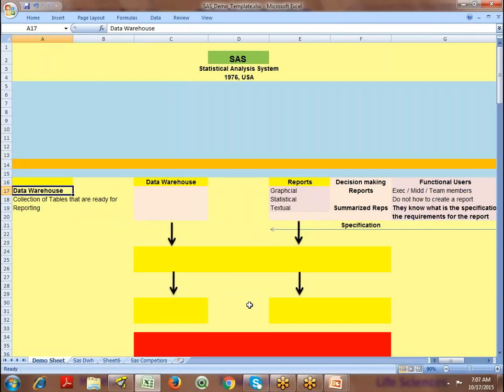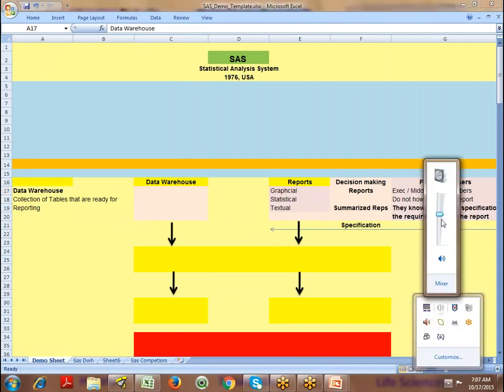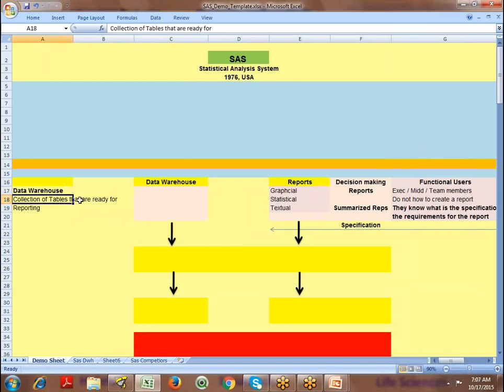The input data tables that you get are not ready for reporting, so you create various output tables so that you can generate the various kinds of output reports. The data warehouse is made up of tables with rows and columns with data values.